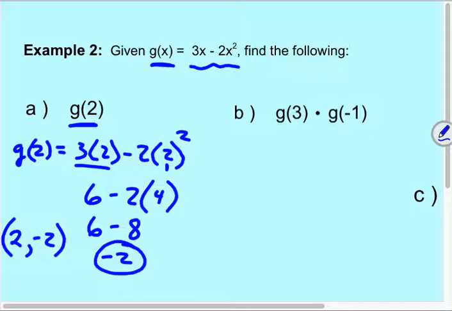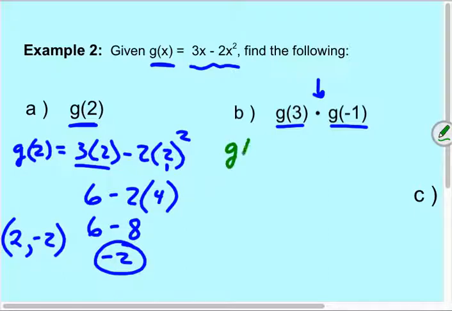Okay, we're multiplying here. A lot of people multiply the 3 and the negative 1 and plug that in. That's wrong. We're going to multiply these two answers. I got to find g of 3, and then I got to find g of negative 1. And then once I get those two answers, then I would multiply them. So first of all,